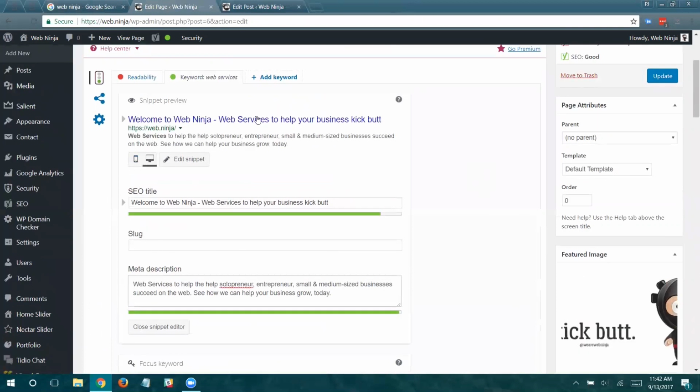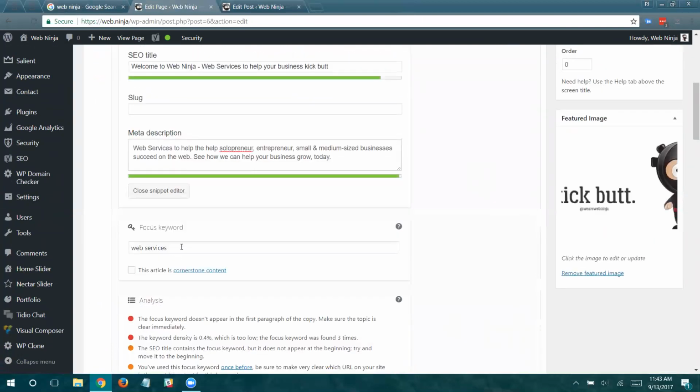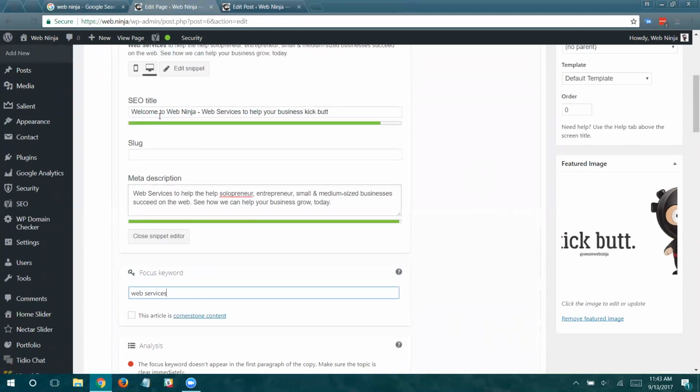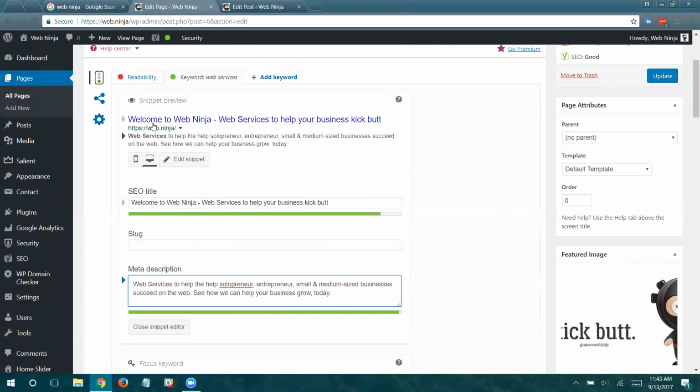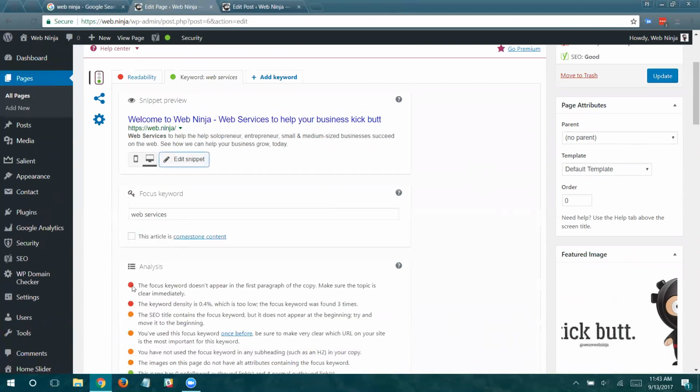So you have that power, you have that flexibility, and the first thing we're going to start with when you're doing your SEO is get a really solid keyword to start the foundation of your site. Get that keyword into the title, get the keyword or phrase into the description. Those are going to be the most important places, okay? So I can close that editor there.